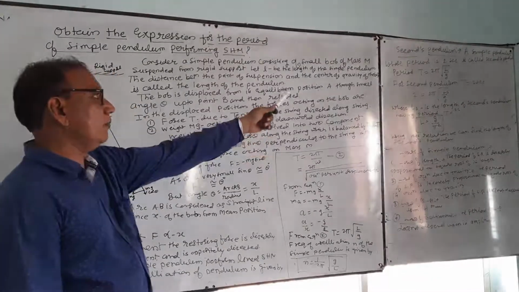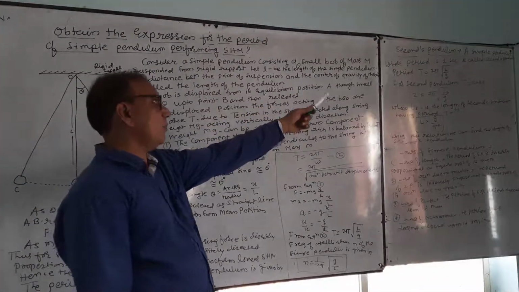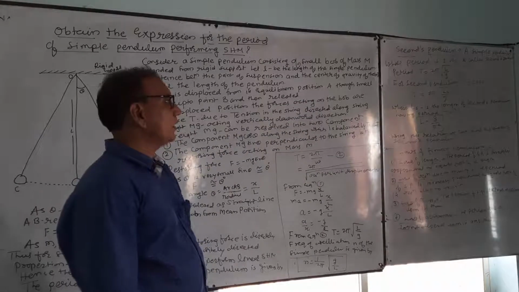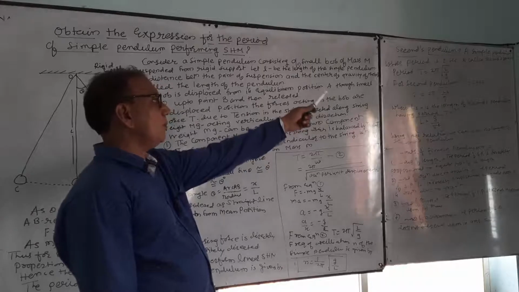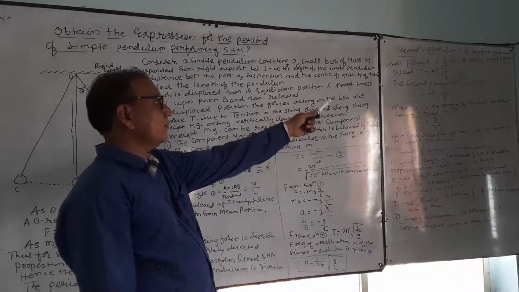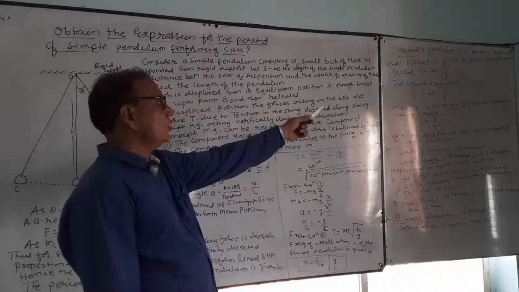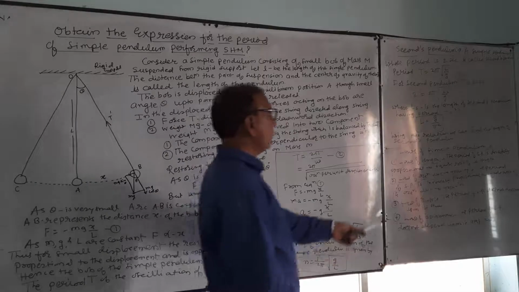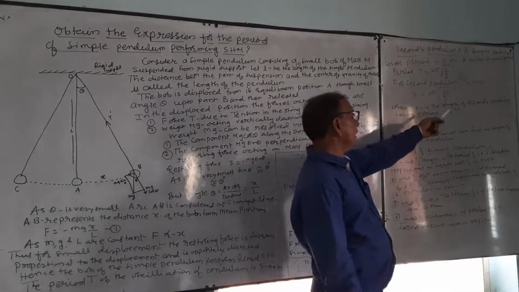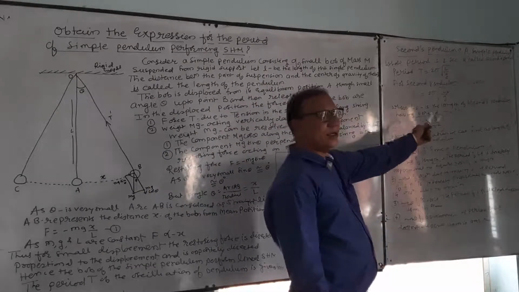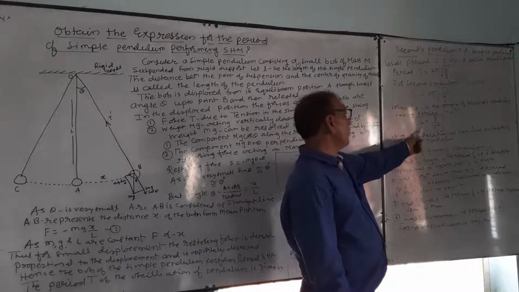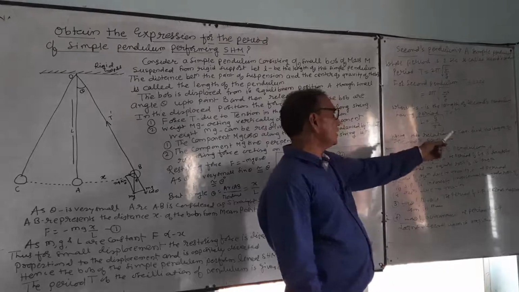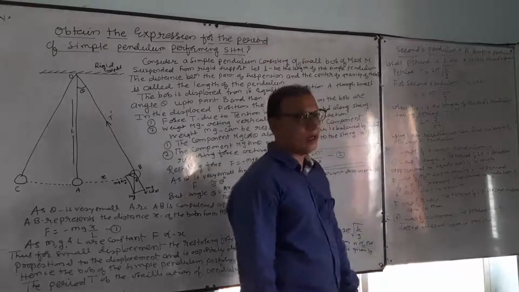Then the seconds pendulum, whose period is 2 seconds. A simple pendulum whose period is 2 seconds is called a seconds pendulum. Period T is equal to twice pi square root of L upon g. For the seconds pendulum, T is equal to 2 seconds. Therefore 2 is equal to twice pi square root of L suffix s upon g. Here L suffix s is the length of the seconds pendulum having period T equal to 2 seconds. Finally, L is equal to g upon pi square. Using this relation, we can find the length of the seconds pendulum.